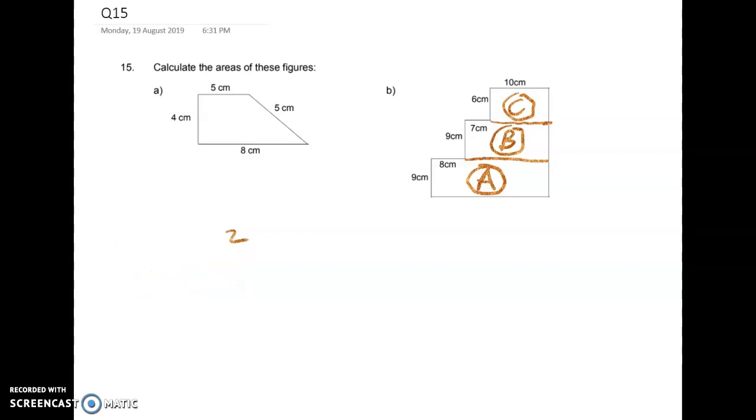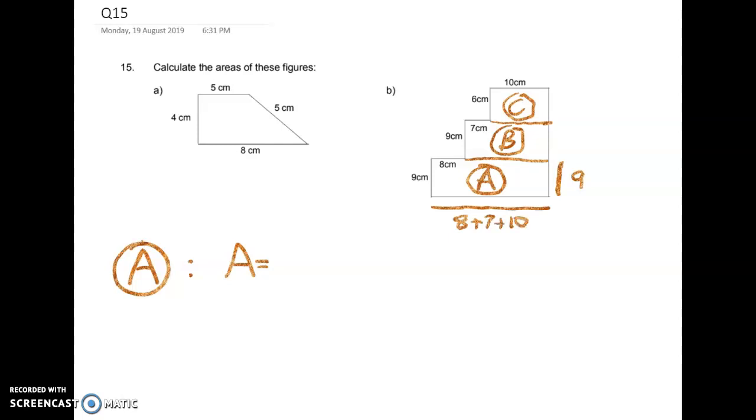Let's have a look at what the dimensions are for each of those bits. Each of them is a rectangle. Area A is 9 centimetres here, and let's see how long it is. Well, it's got the 8 bit here, the 7 bit here, and the 10 bit here. So it's 8 plus 7 plus 10, which gives me 25. So the area of that rectangle will be 9 times 25, which is 250 take away 25, so that's 225